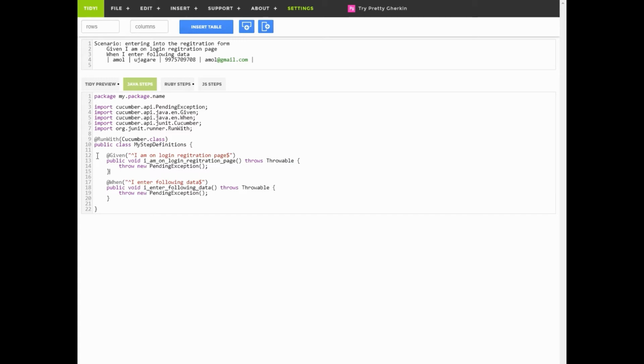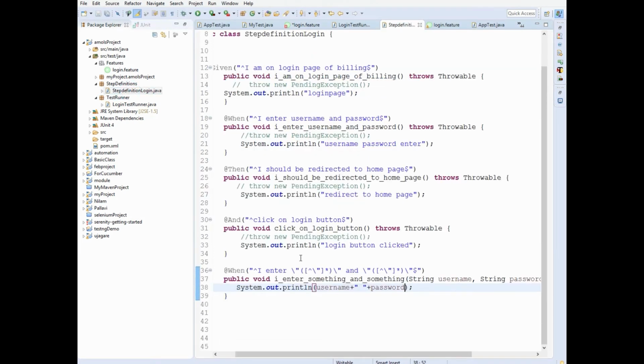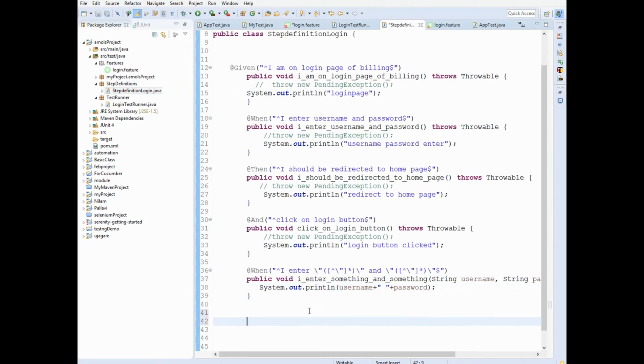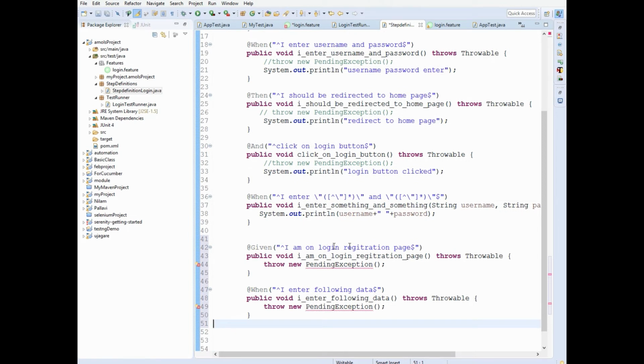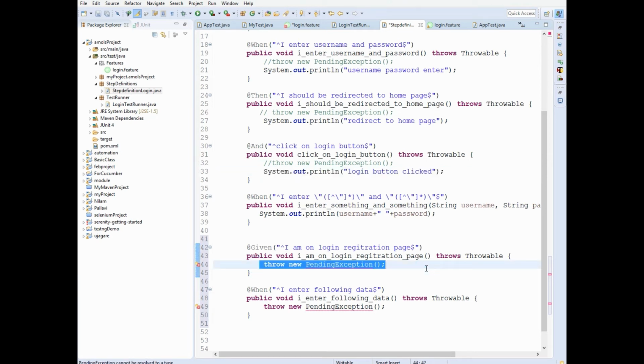Okay, so I'll put this into my code, step definitions. For this, I'm on login page, I'll simply print System.out.println, I am on registration page.